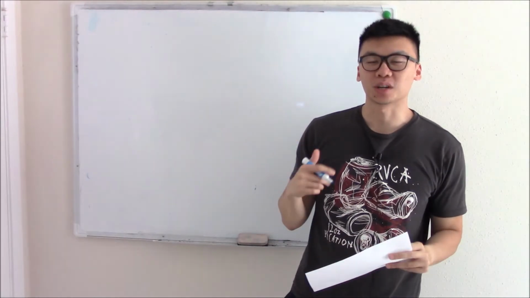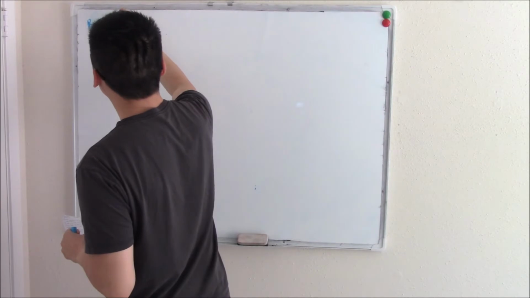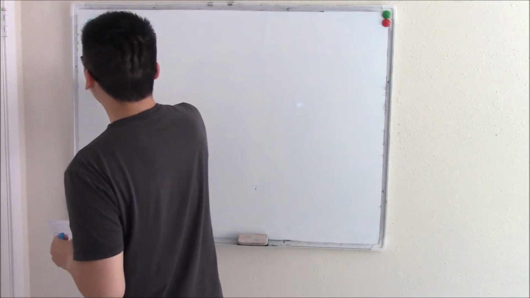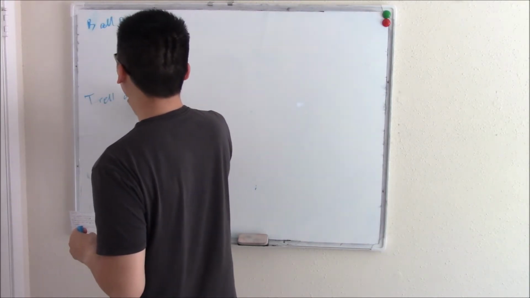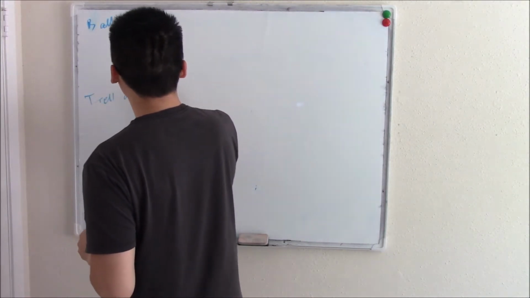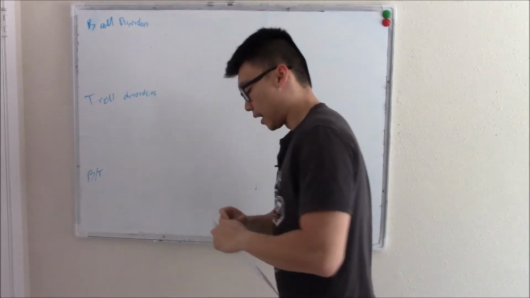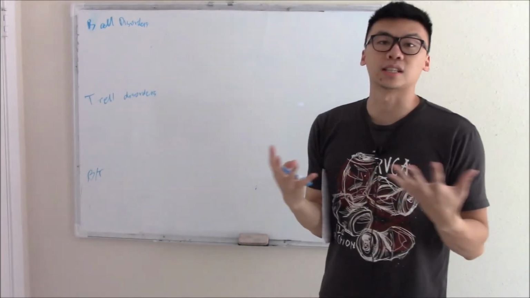This video is on disorders of the B and T cell. So we're going to talk about B cell disorders. We're going to talk about T cell disorders. And then we're going to talk about both B and T cell disorders. Now your B and your T cells work together, and they work together to fight all different types of pathogens,